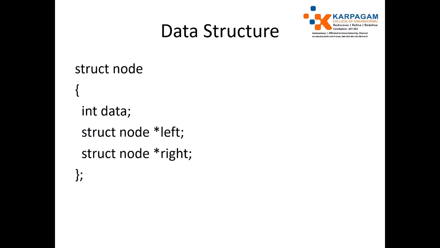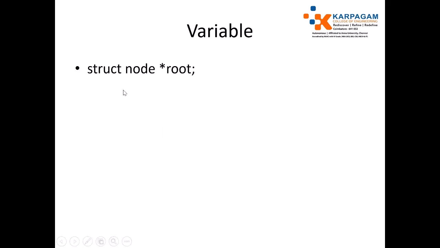The data structure for creating the binary search tree is, we need to create a node which contains at least 3 data members. One is the data part, which may be an integer, which is unique. It is also called the key. We need a left pointer, which is used to store the address of the left subtree, and a right pointer, which is used to store the address of the right subtree. Here I create a variable called root. Initially it is set to null, which is used to store the starting address of the binary tree or binary search tree.